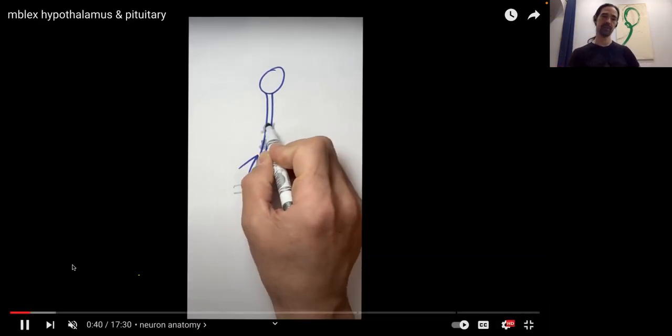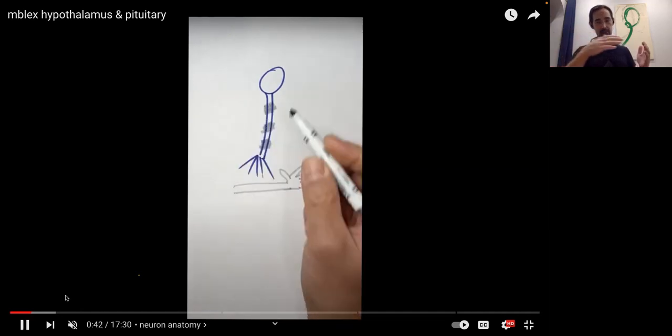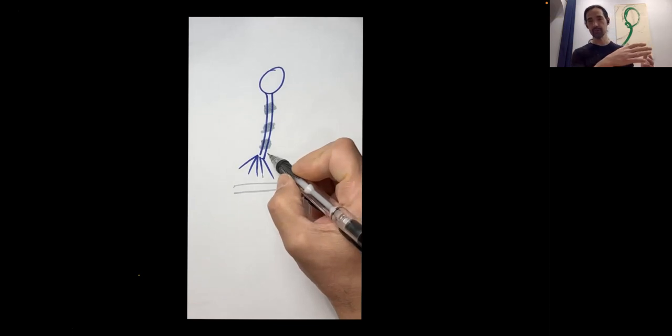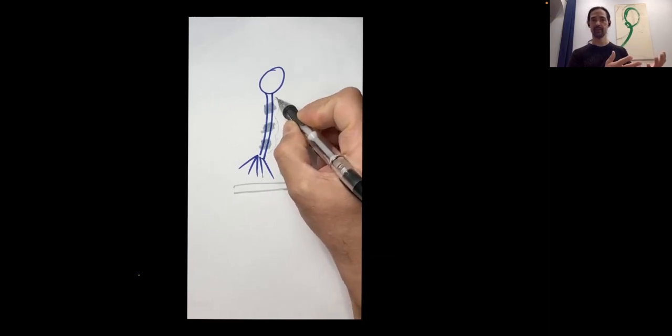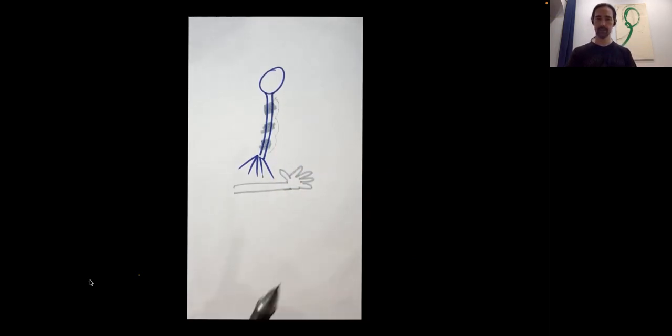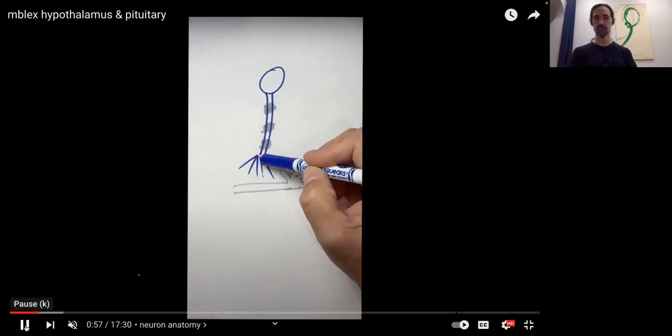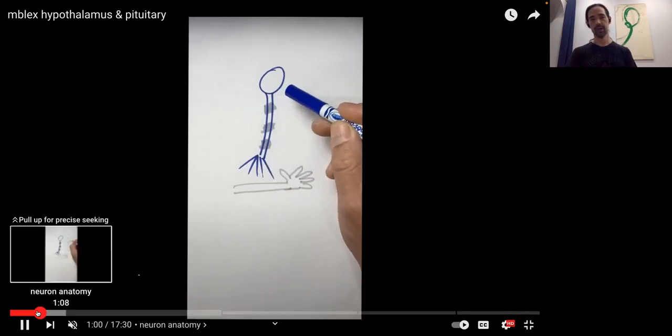And what the axon does is it conducts the movement of electricity, the movement of a nerve impulse, the movement of an action potential. Those are all the same thing. An action potential is a nerve impulse, is an axonal impulse, is an electrical impulse. Those are all the same thing. And the job of the